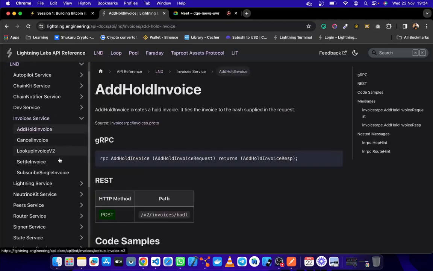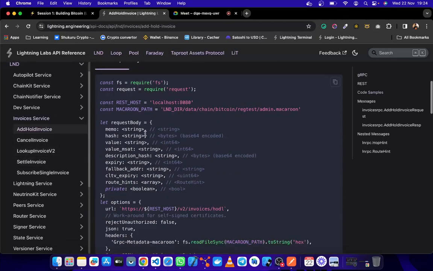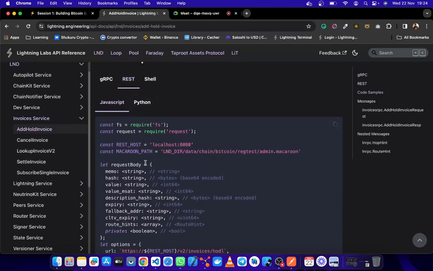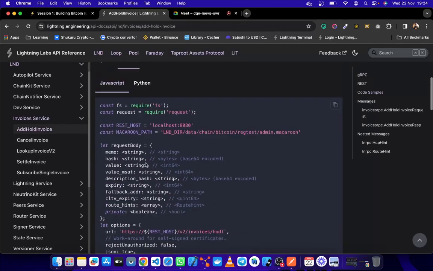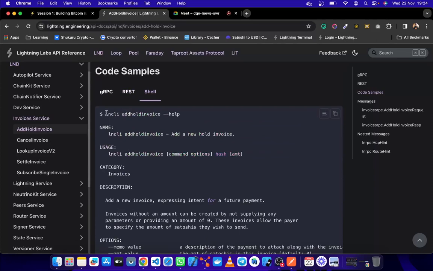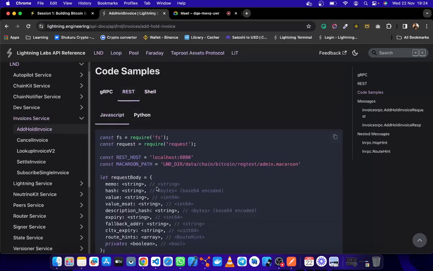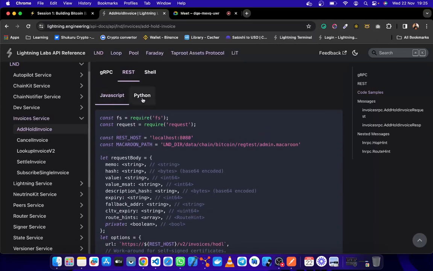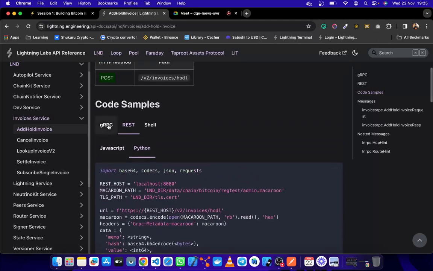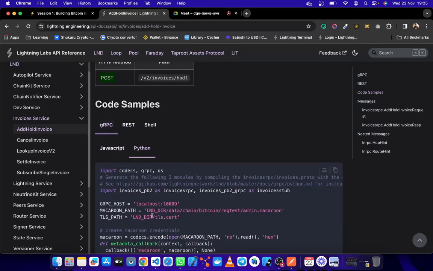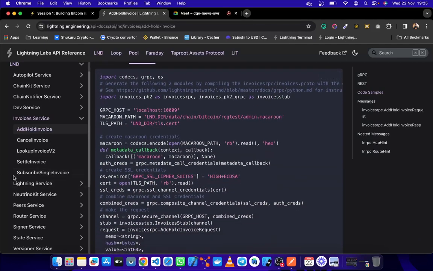Okay, so when you look at this, these are the endpoints that we use. They give you these shell commands. They give you in REST, in JavaScript and Python. Or if you're building something in gRPC, you can also connect using that.